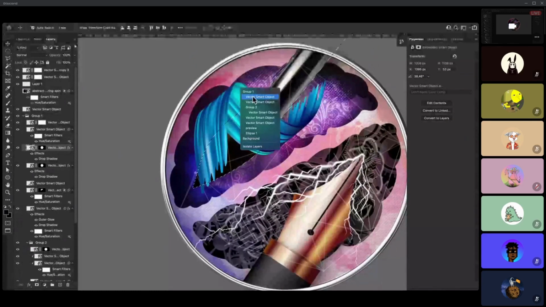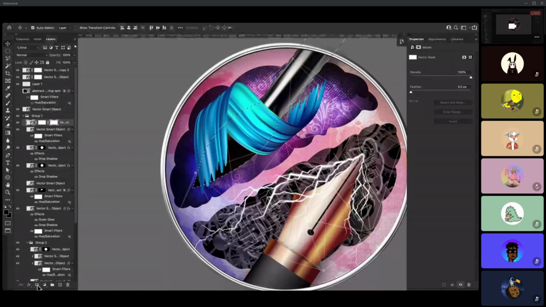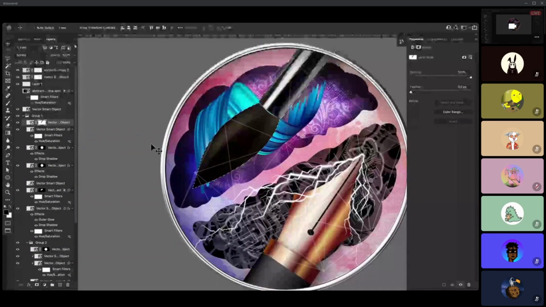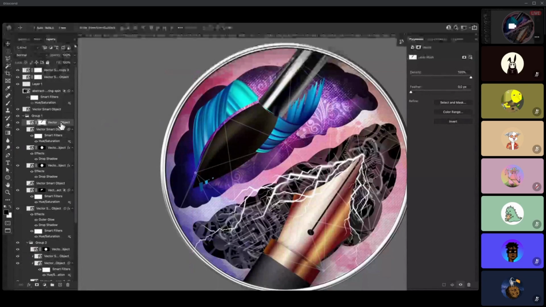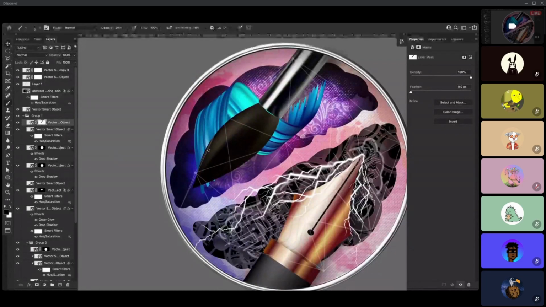I'm going to come to this layer and I'm just going to press, oops, like so. I told you that black means full transparency, white means nothing can be seen. So now I can start painting over it. So I come here, I select the mask and I start painting over the brush. How do I do that? It's by simply